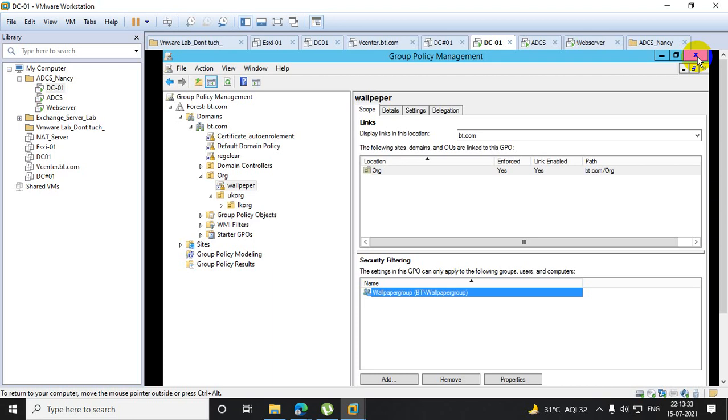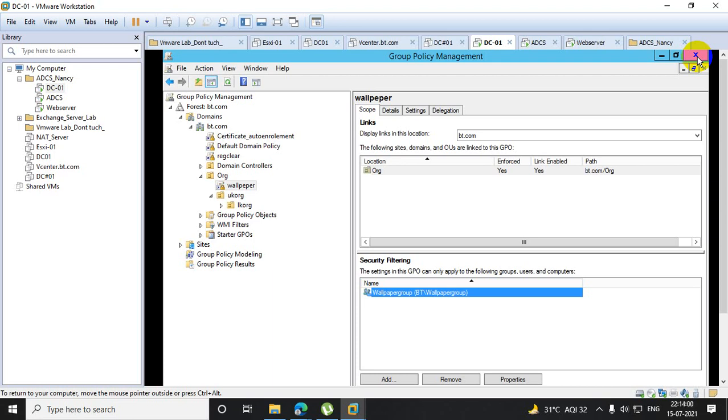You can apply it on specific users if the policy is applied on a specific OU. But here he is not mentioning any specific OU, he is saying specific users. So in that case, you can create one group, apply this group in security filtering, and add the specific users into the group. Your requirement is fulfilled.